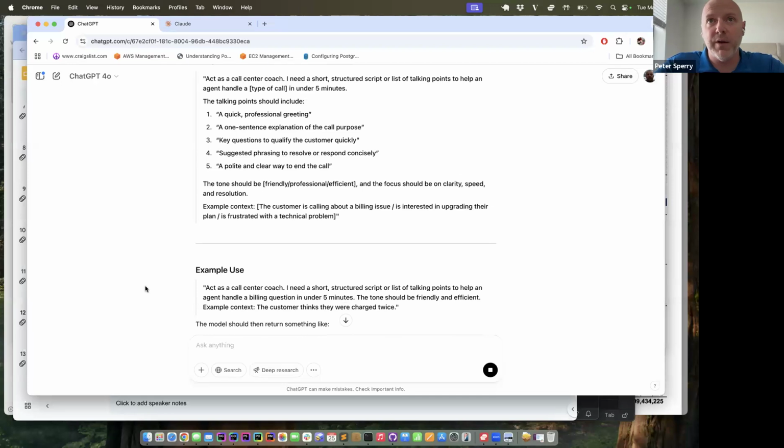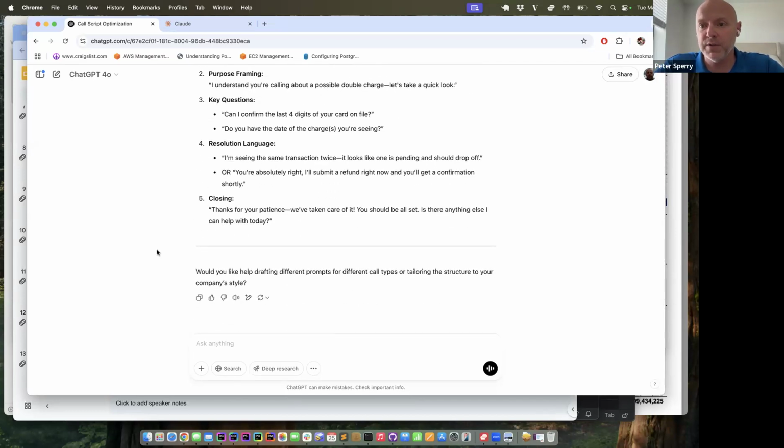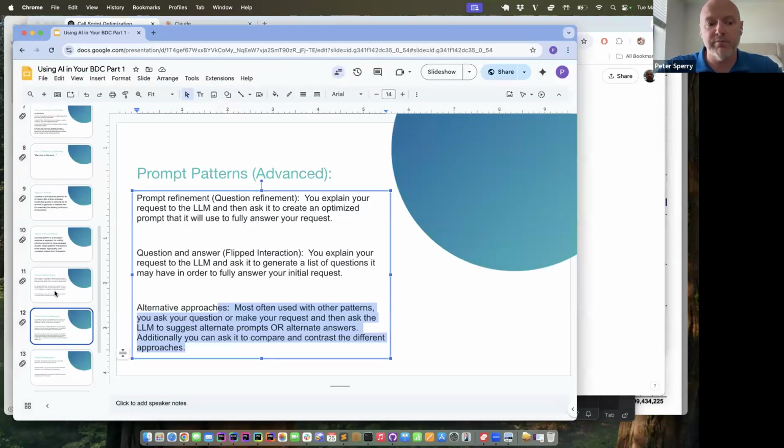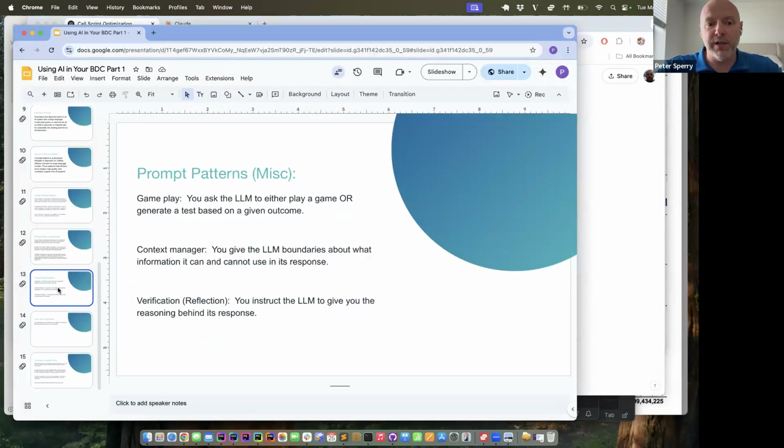Again, this is incredibly powerful if you don't quite know where to start. One of the things that most people are really hesitant to do is let the AI teach them how to use the AI, but it's really one of the most powerful techniques that you can use on any of these questions or projects where you think ChatGPT or one of the other LLMs could be really helpful. Just ask it, what are the approaches I should use in order to solve this problem? So just a few more left here.